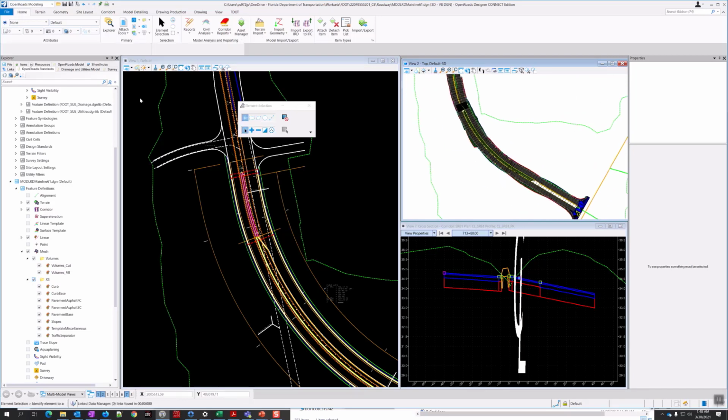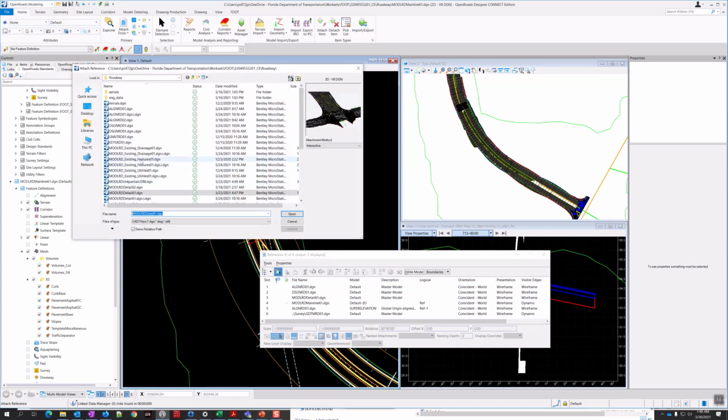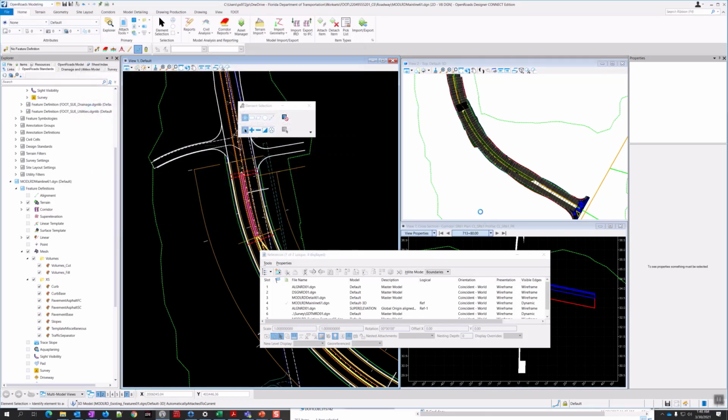Alright, so we need to attach the existing features. I'm going to make sure my 2D view is active, go to attach reference, and I'm going to attach my model RD existing features 01. For earthwork, we shouldn't need drainage or utilities, so I'll just do existing features and leave it at that.